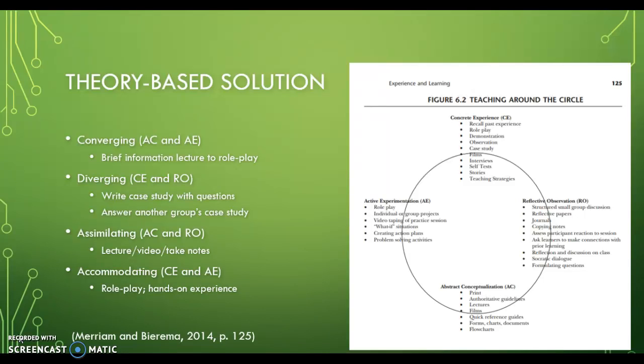Moving on to divergers. Divergers are imaginative and good at constructing meaning through observation and experience. Thus, in terms of workplace training, a great way for adults and non-adults to learn could be through breaking up into groups and formulating a case study based on what they have observed in past work experiences that they feel is pertinent to the role they're currently in.